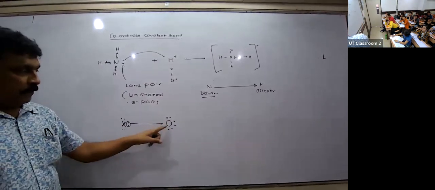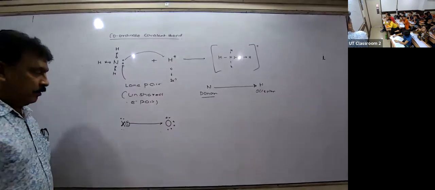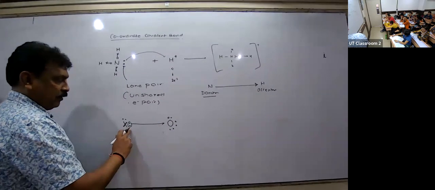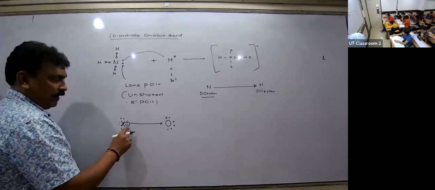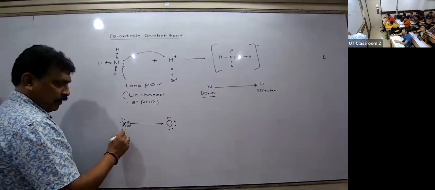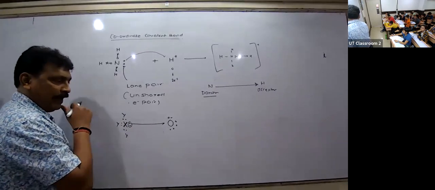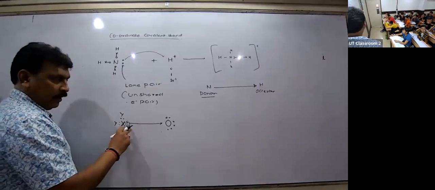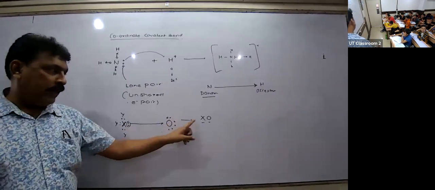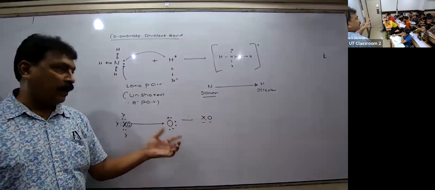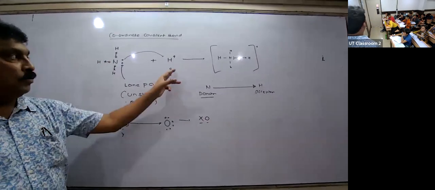Therefore, this electron is being given by this particular atom, and the other does not utilize this lone pair. Of course, it is having, for example, let us say Y, like this 3, but here the lone pair X is unshared, and therefore what happens? It forms that type of compound. That means here both the electrons are coming from one atom, and the other does not. That means it is having 6 electrons. So the elements which are having 6 electrons or 0 electrons,